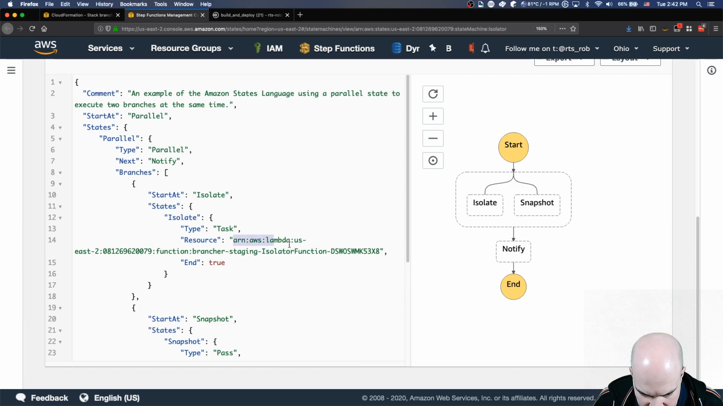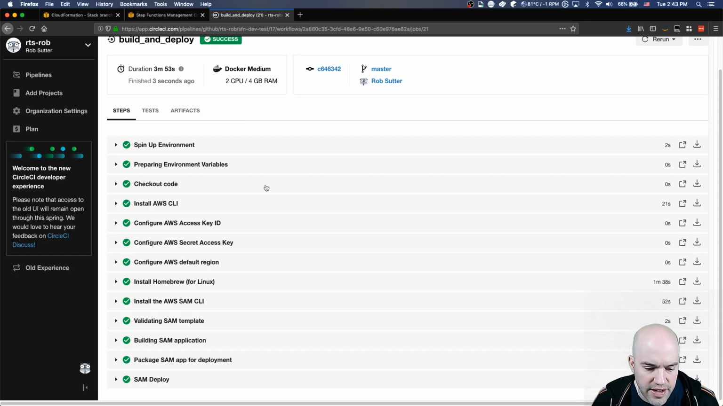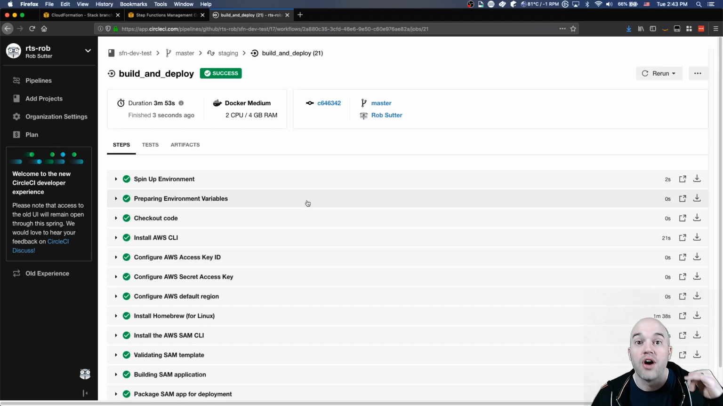Starts at isolate. It's properly transformed that reference in the sub that we talked about to the reference of the ARN of that Lambda function. So hooray, we're green at 243. So it's always good to be back to green. Now that we have this,